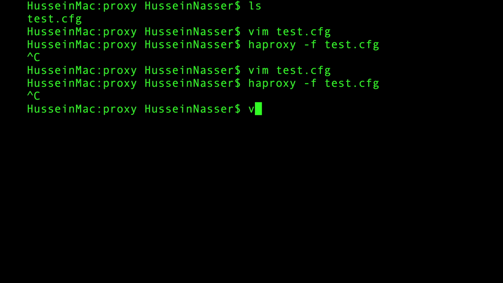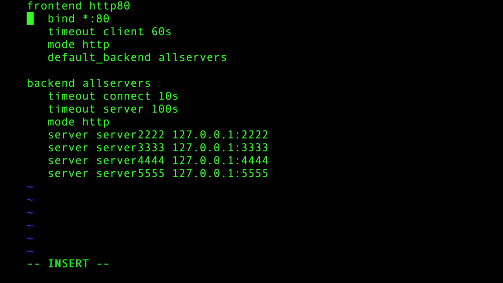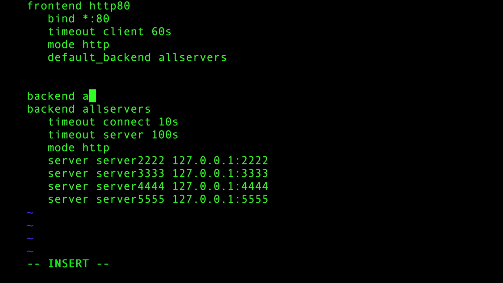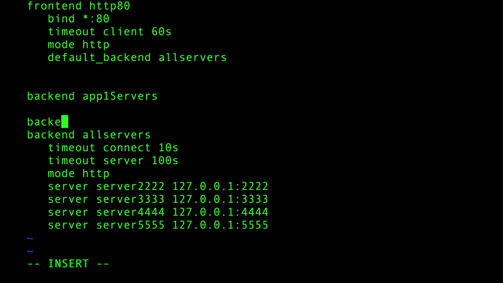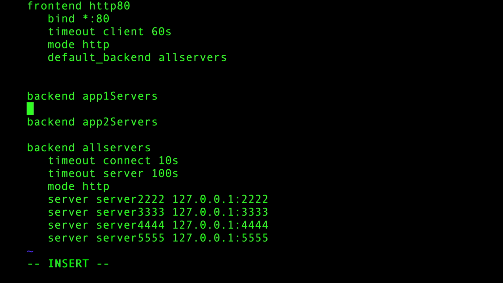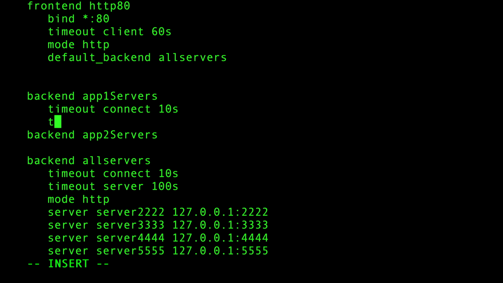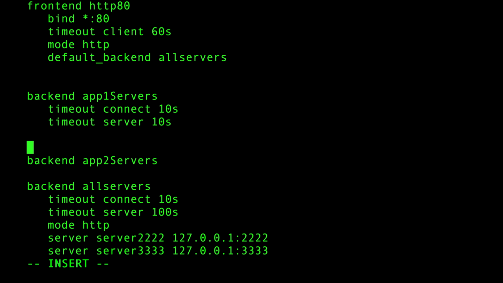So what I want to do is create two backends. Backend app1Servers, let's be fancier, camel case. And I'm going to create another backend called backend app2Servers. And you guessed it, right? For app 1, I want to use the same connect timeout. I know app 1 should not take more than 10 seconds to execute any request. So I'm going to use a different timeout for the server, and server 2222 127.0.0.1 2222,